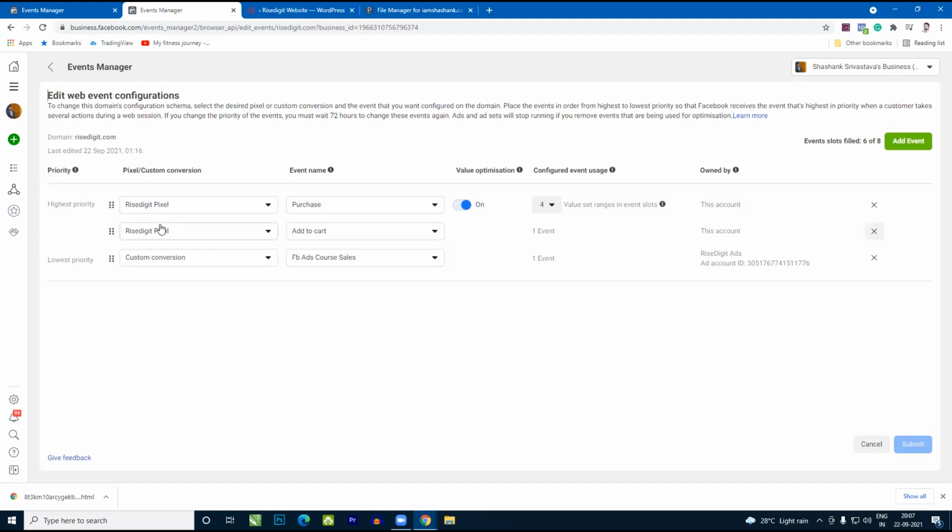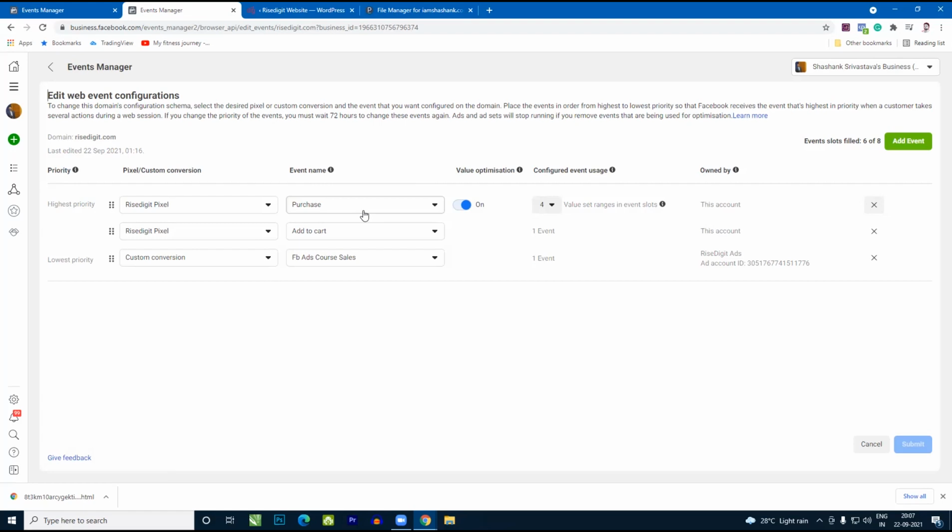Highest priority thing. So we are setting up the highest priority as our purchase. Means if anybody who is on an iOS device and they make a sale, they purchase something from us, this needs to be tracked. So Facebook will give us one single event track, which is purchase, which is the highest priority. So if they opt to say no to tracking, we will still be able to track one event, which would be anything which you set up.